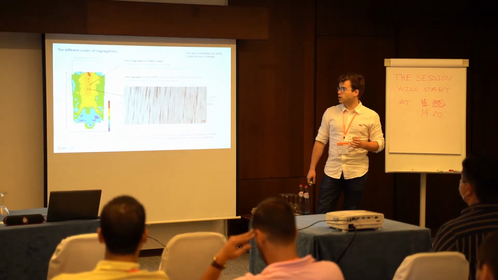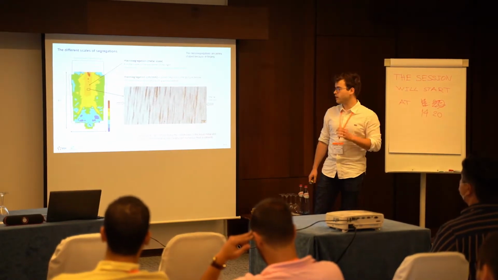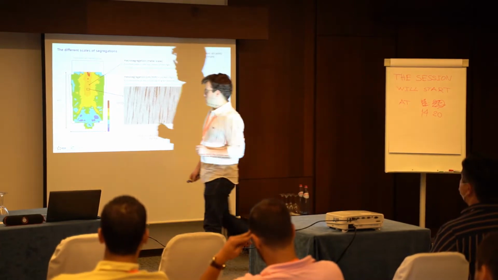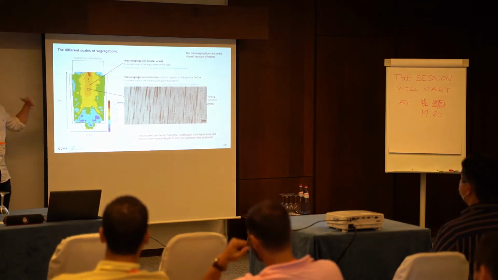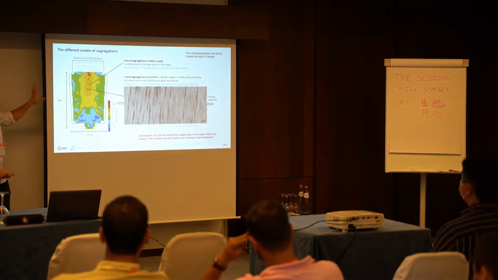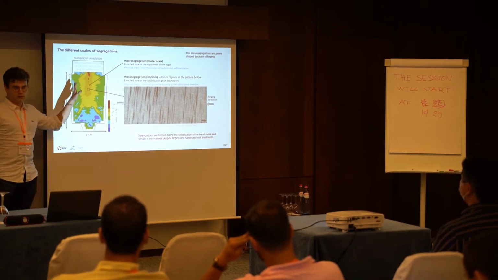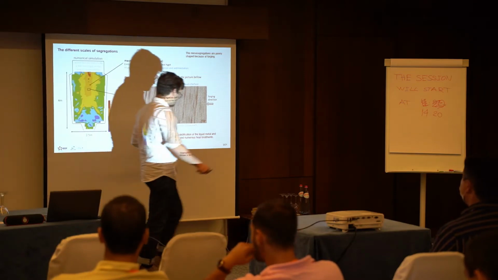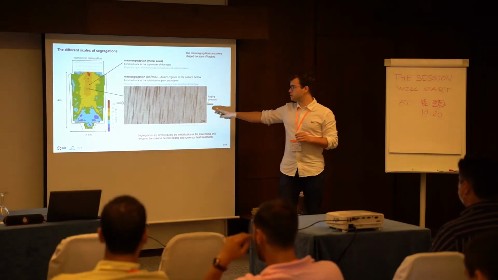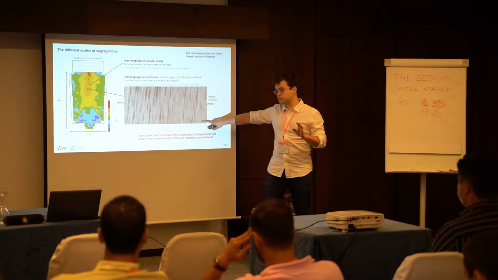These heterogeneities are called segregations, and they can be found at different scales. Here you can see a simulation of the carbon content distribution at the end of the solidification inside an ingot. As you can see, the carbon content is higher in the top center of the ingot and lower at the bottom. At this scale, we talk about macro-segregation. At a lower scale, the scale of solidification grain, the mesoscopic scale, we also observe chemical heterogeneities. For those who don't see clearly, the scale is 1 millimeter.